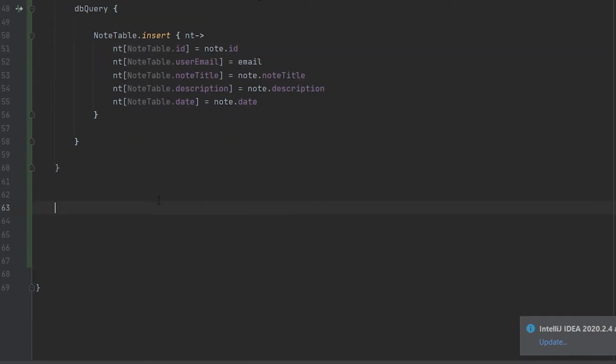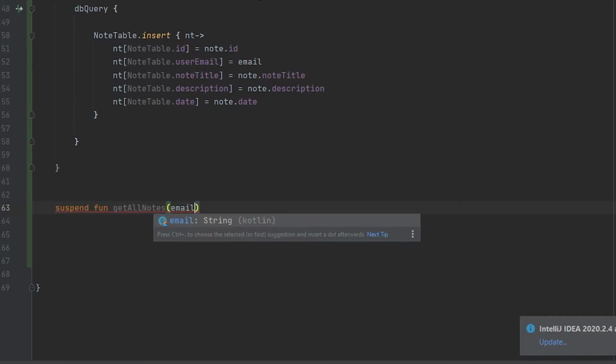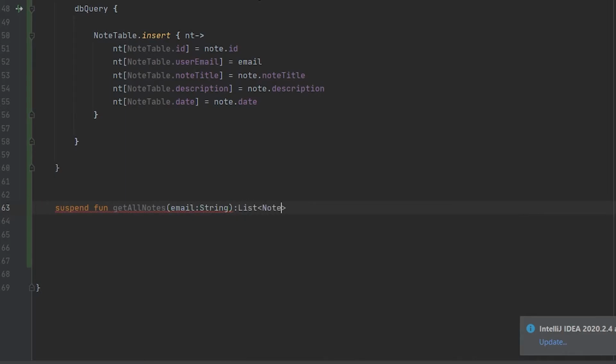Now the next function is to get all the notes of that particular user. So write a suspend function, getAllNotes, and in parameters we have to write email of type String, and here we will be returning a list of notes, and it is equal to dbQuery.